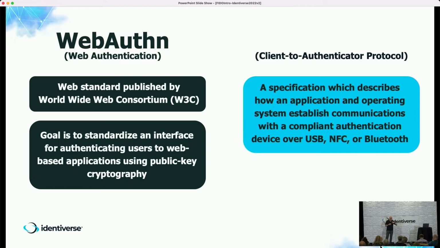So when a relying party wants to register you, it'll call to the browser, send some parameters. That'll trigger the creation of the keys. Next, you come back, you want to authenticate. And again, now it says get, to get the keys that you created, and it does the challenge response that I showed earlier.